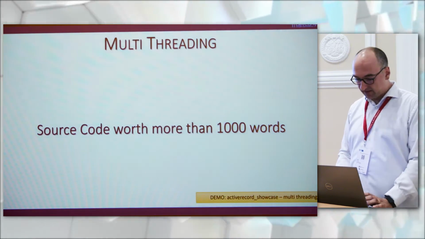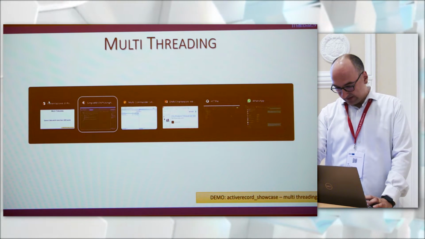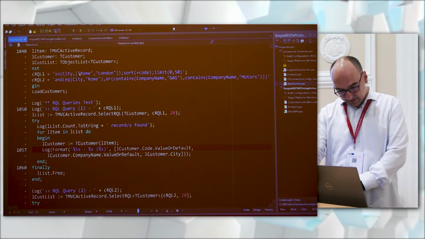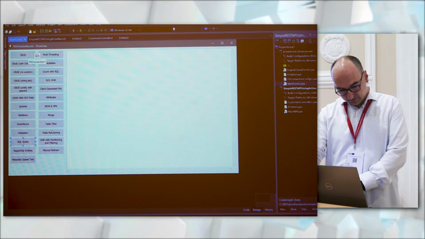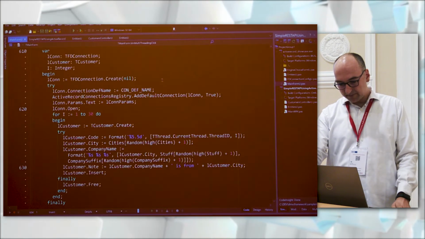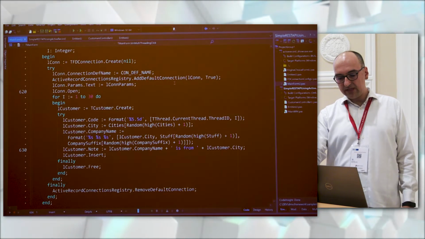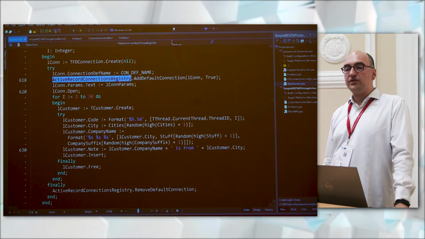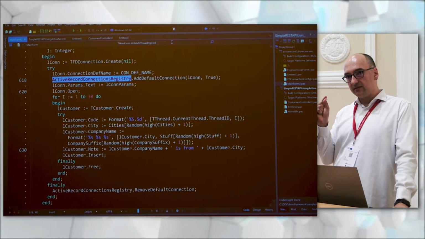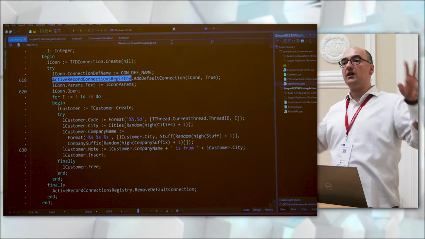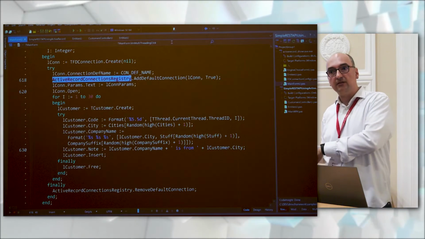But let's see also the multi-thread sample. That's it. You have this Active Record connection registry, which has a map inside for each thread, saying which connections are available for each thread.